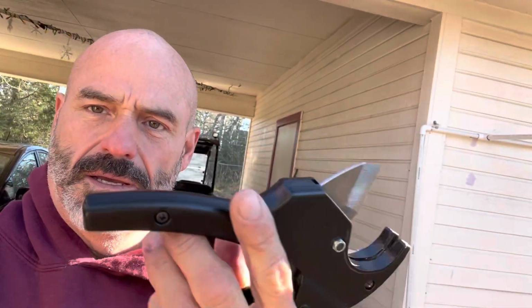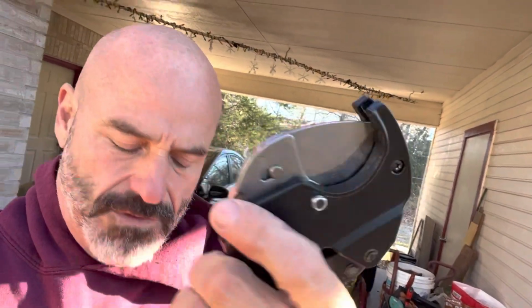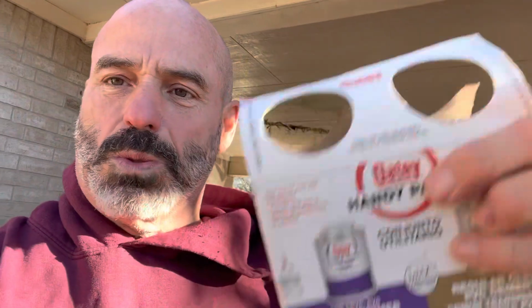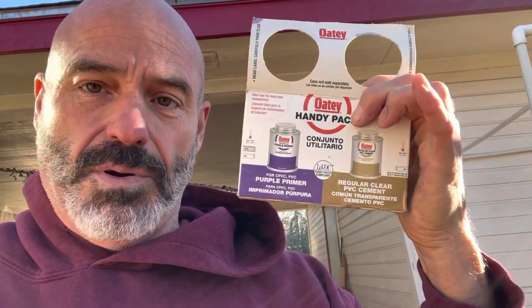The other tools I used, this was the important one I forgot at first, a good old Sharpie or anything to mark the lines on. A lot of times they hold my thumb, and I found in plumbing that doesn't work. If I hold my thumb and then cut right to my thumb, that's not as precise as a pen. Use these handy dandy PVC pipe cutters, and you put the pipe in there, clip down, snap. For me, I found these a lot easier than the old style roll-around ones for copper tubing, where you gently screwed them in and they got tighter as you went along. And then of course primer and